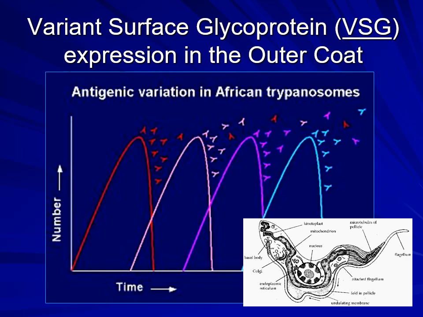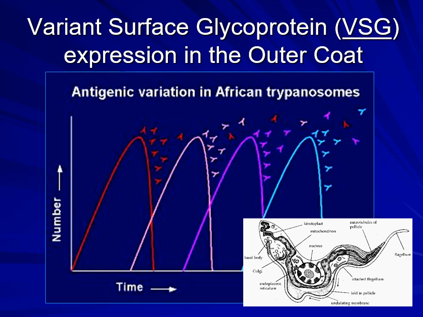Here you can notice that what we have is the variant surface antigen, like a coat on the outside of the parasite, and this coat is changed like every week or so. So the parasite will express certain antigens on its surface for 1 week, and then it will change that antigen. So by the time the immune response aims at that antigen and tries to nullify it or to kill the parasite by attacking those antigens, it sheds off this variable surface glycoprotein or coat and puts on another coat.